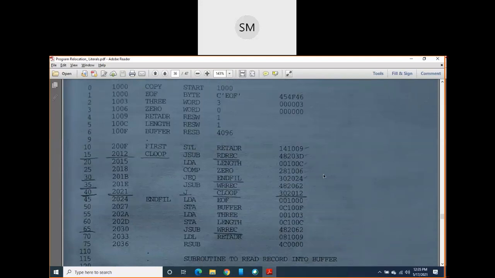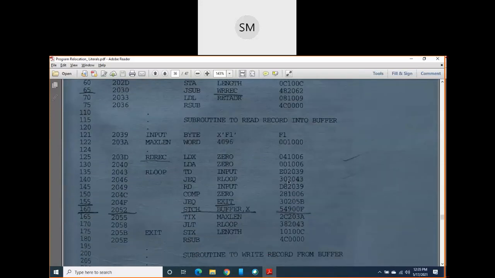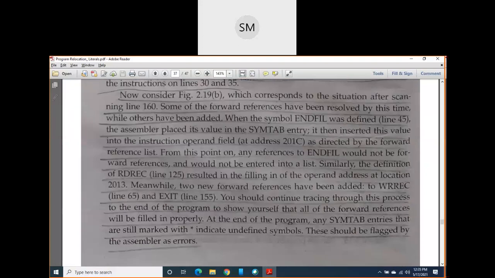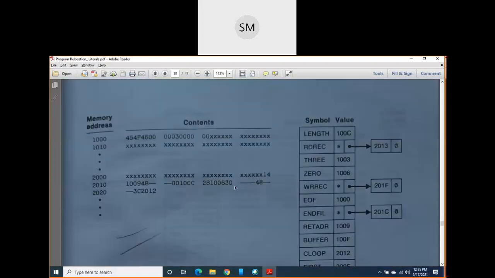When you come to this JEQ instruction, you will find the operand is end file. So you just write the opcode of JEQ, that is 30, and you keep these 4 digits as hyphens in this diagram. So 30 you have written and 4 hyphens are there.